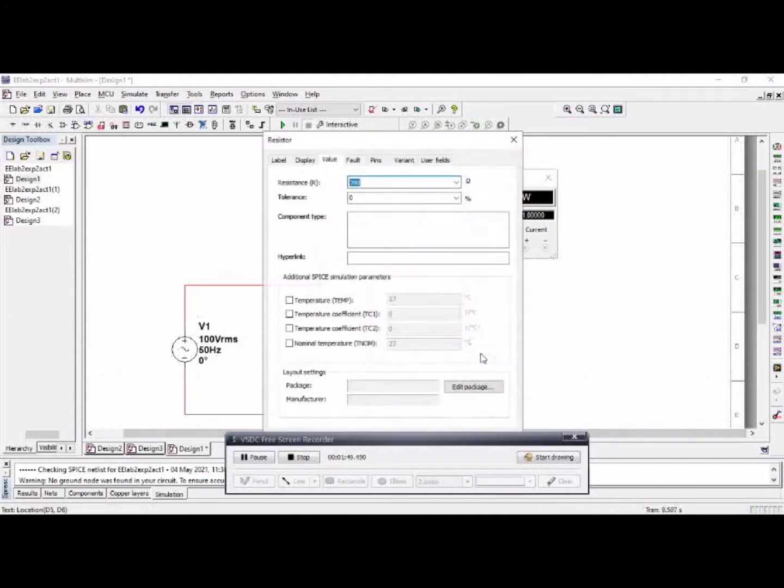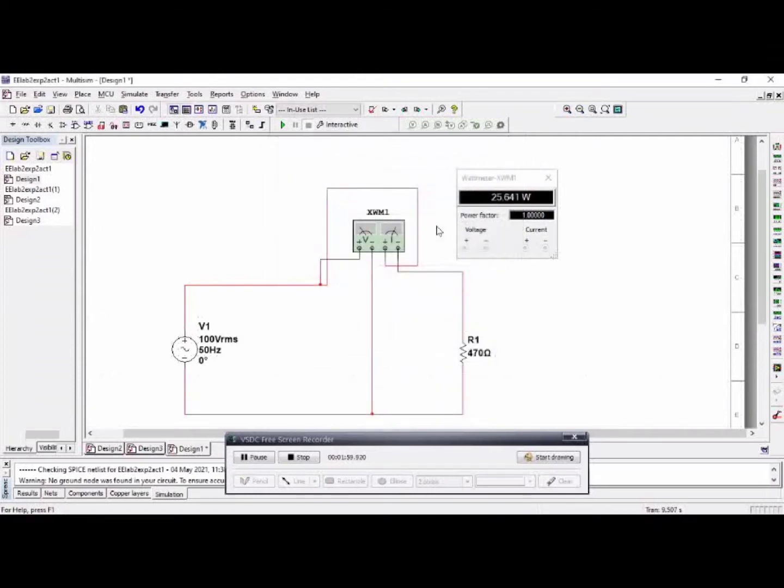And then the third simulation, we change the ohms to 470 ohms, and then we start the simulation, and then we get the watt for the simulation. This is the watt. Stop the simulation, and then the next simulation is